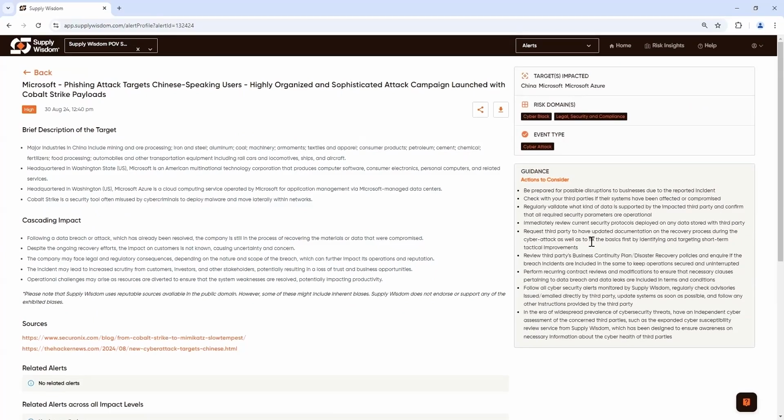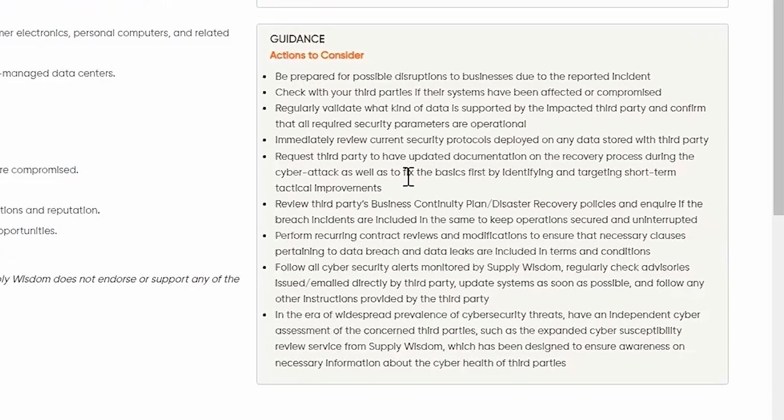The guidance section is giving you a full spectrum of potentially appropriate actions for mitigating or investigating an event of this type. The idea being that you, with an understanding of your particular relationship to a given third party or location, you can sift through this list and identify a point or two that applies to your particular service that is received from that third party or housed in that location and your particular tolerance for risk with regard to that entity.